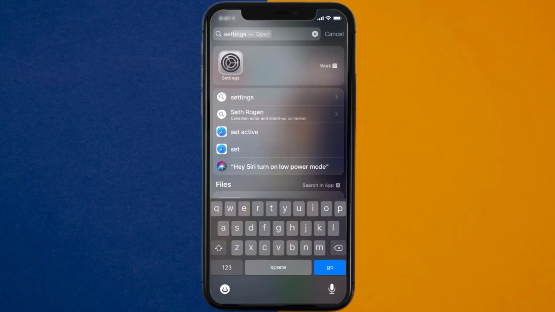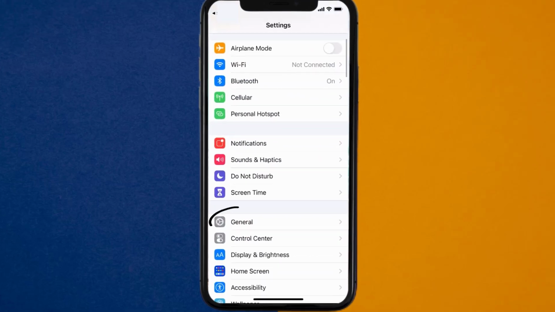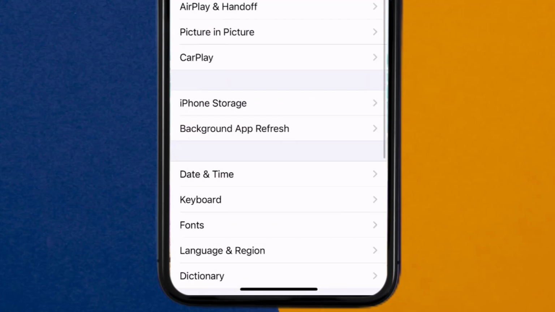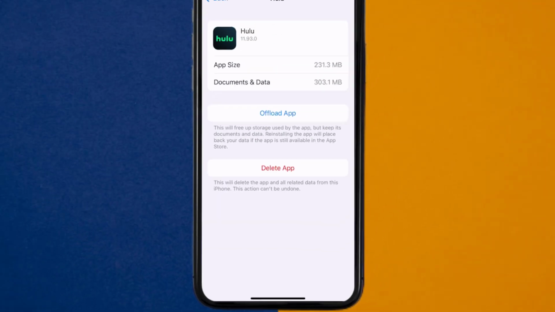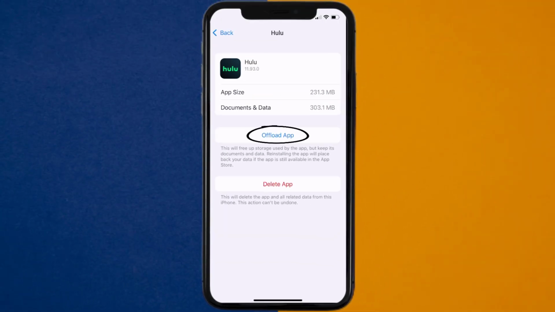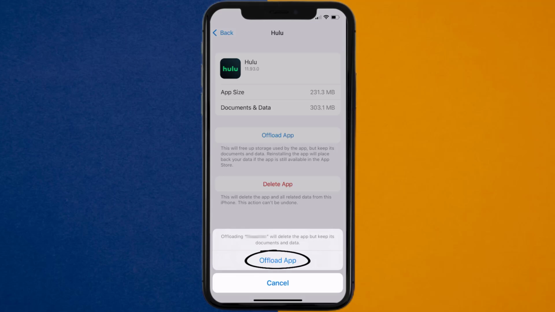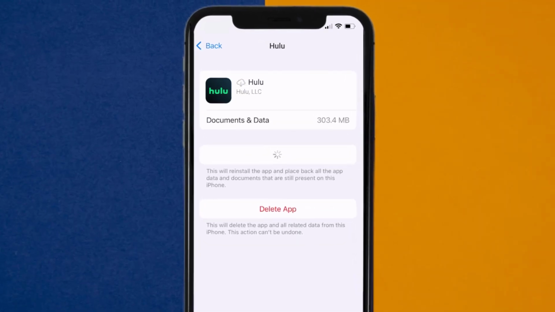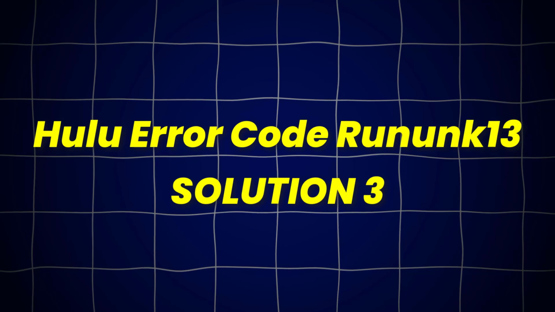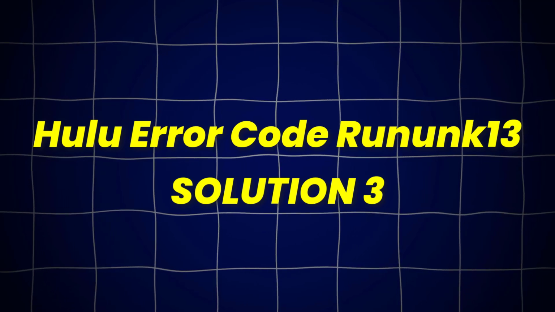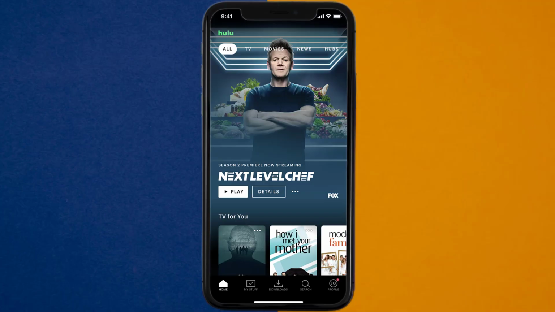Go to your device settings and then scroll all the way down to General and tap on it. Then tap on iPhone Storage. From here, search for the Hulu app and then tap on it. Once you're on this screen, you need to tap on Offload App. Tap again to confirm. It'll take a bit for processing, and then a reinstall button will show up. Simply tap on it to reinstall the app. This should fix Hulu Error Code RUNUNK13, but if it doesn't, then open up the Hulu app on your device